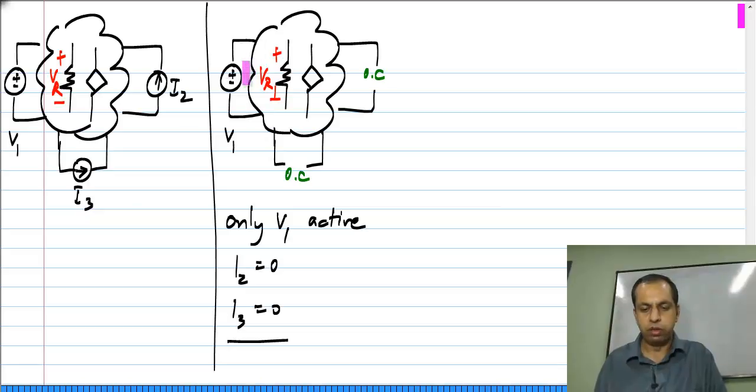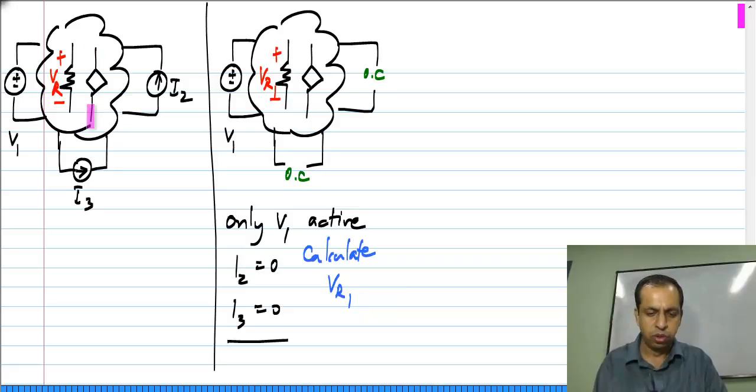So, I have now a circuit with a single source, and we know that this is quite easy to analyze, and from this I calculate the voltage across the resistor, or whatever quantity I want. If I wanted current through this source, I could calculate that. I am taking the resistor voltage as an example. Okay. So, I do this. Next,